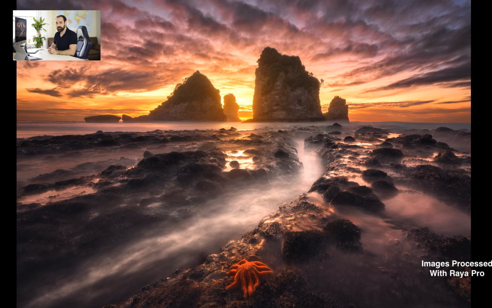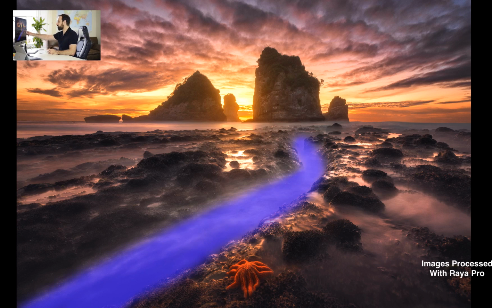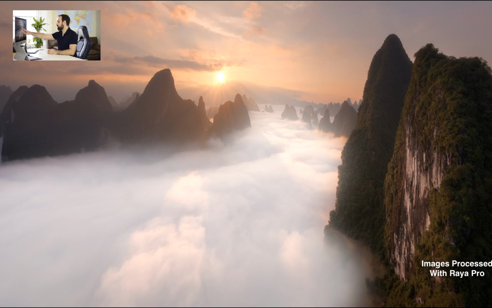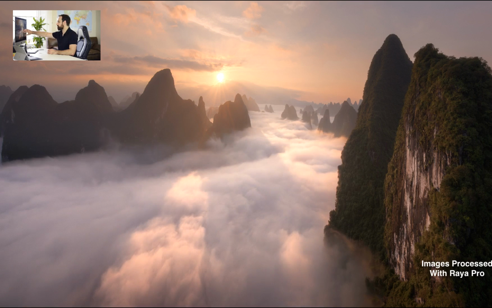Now, our lines don't always have to be straight. For example, in this image from Motukaiki Beach in New Zealand, we have this guiding path which takes us all the way through to that sunset, through the rocks. And exactly the same with this shot from China. It doesn't look like we have any leading lines, but in fact, all of the fog guides us round. It's almost like a path going towards the sun. Not to mention the lines in the clouds created by the sun and the shadows, which again lead us towards